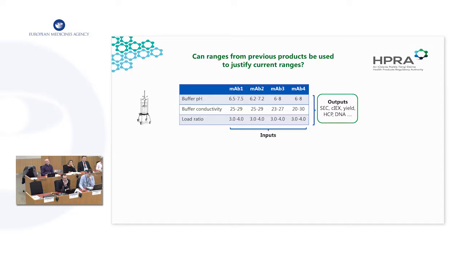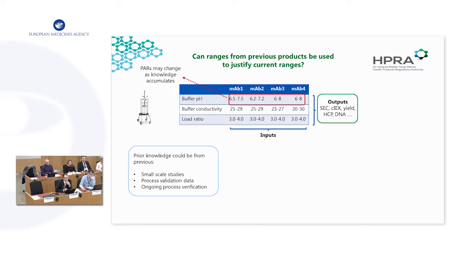And I discussed this a little bit earlier, that the way I see it, it's a system that's got inputs and outputs. The inputs are your process parameters that have certain ranges. Your outputs, if it was a chromatography step, it might be size exclusion, might be charge yield, or so on, whatever it might be. So you could build a model that shows that for very similar products, the inputs are always in this range, and we test the outputs, and the outputs are always within this certain range. So we know that when we run it within a certain range, we're always going to have a product of